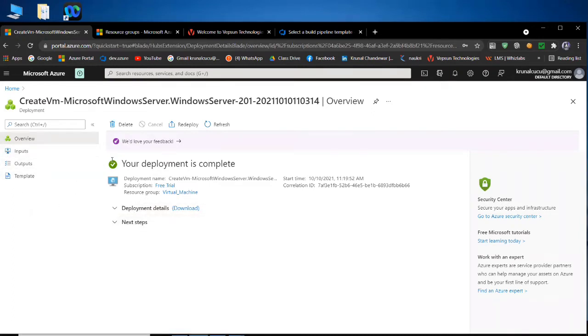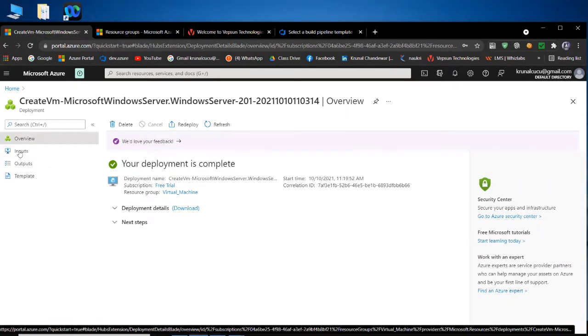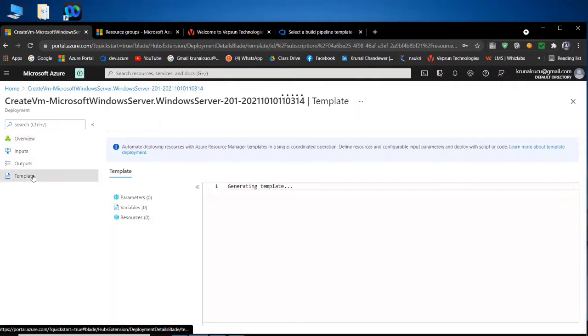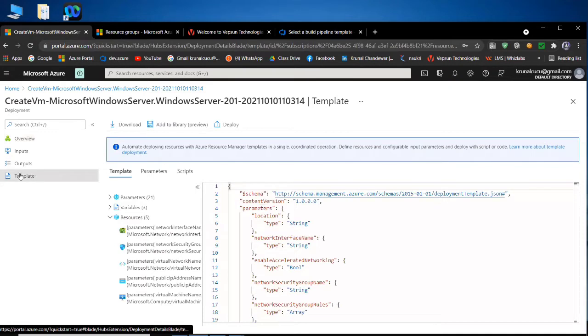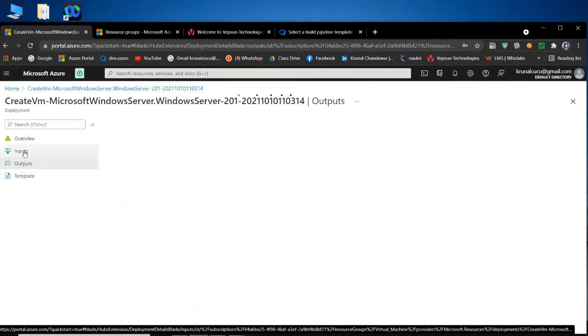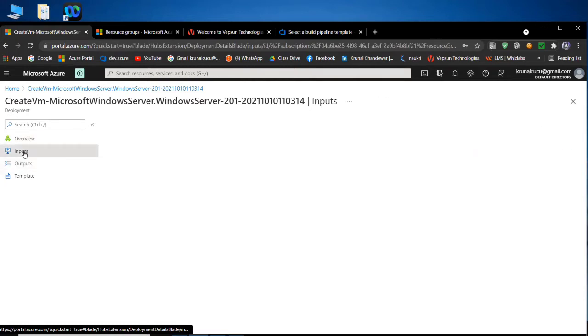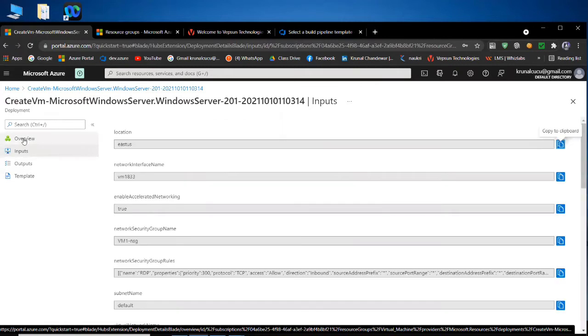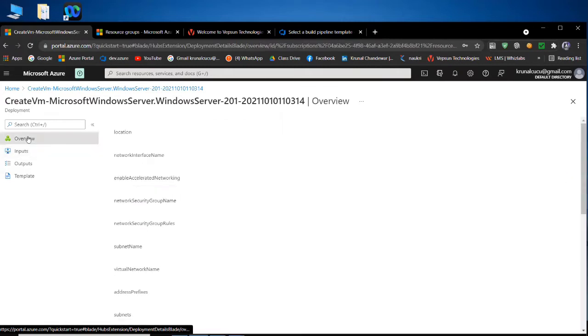So what we will do now, we will refresh it once again. And now we want to connect our virtual machine. This is our ARM template. This is output. This is input, and we will work with this overview only.